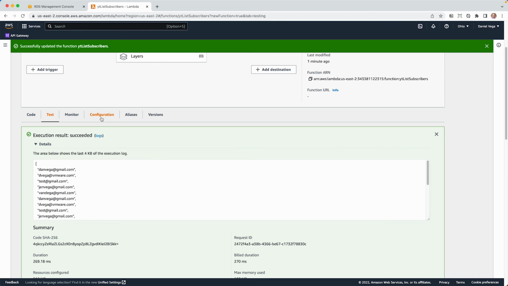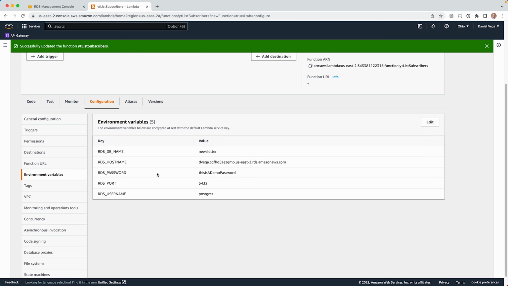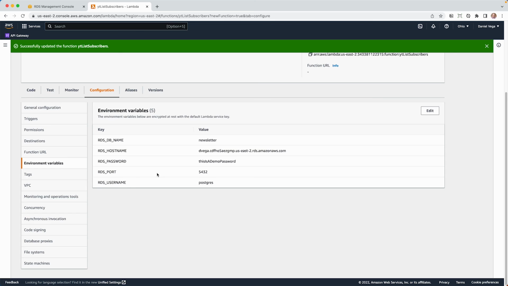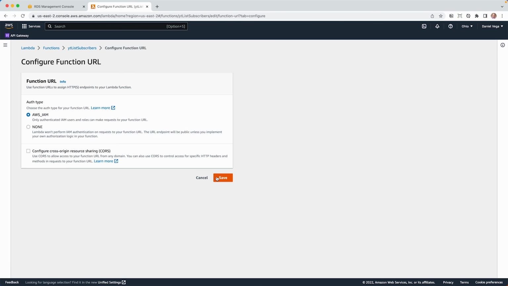All right, and one more thing I want to take a look at. This is great, but how can we go ahead and access this from somewhere outside the console? So I may or may not talk about this in a separate video all by itself, but I just want to let you know that here you used to have to set up an API gateway in AWS to hit this. Now you can come in here and go to function URL, and you can create a function URL. And you can basically say, hey, who's allowed to hit this? Anybody with